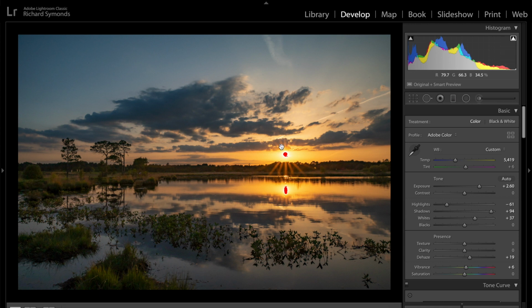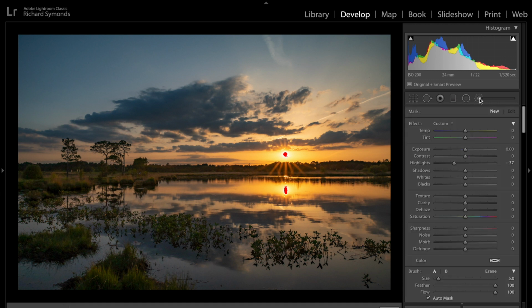Right, now going back to this area here, where you can see I've got the burnt out areas, what we can do is use this tool here. This is the brush tool. What I tend to do is set the brush to about the size, just a little bit bigger than the area that's burnt out. By resetting all the sliders on here, you just press Effect, double click it, and that resets everything back to normal. I drop the highlights down to about 30, and I take the brush and just dab over there and over here,